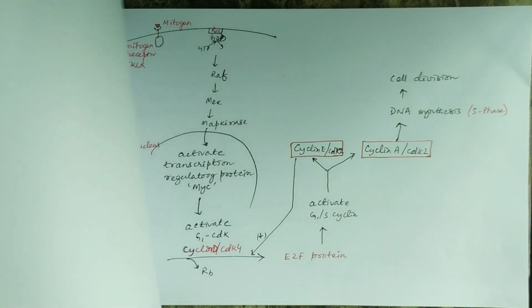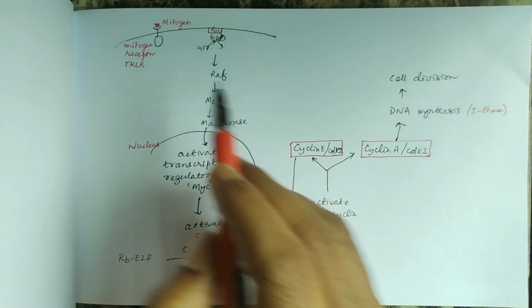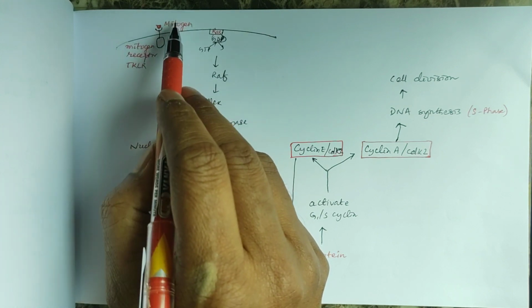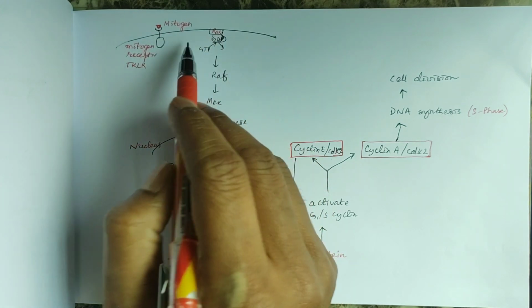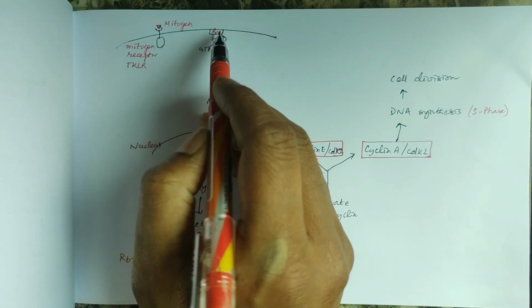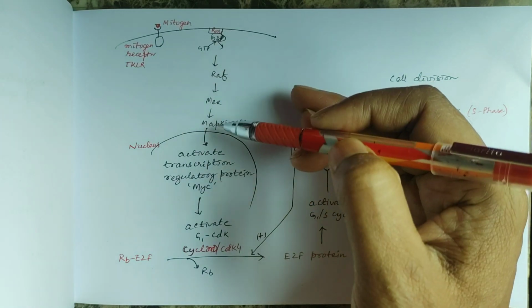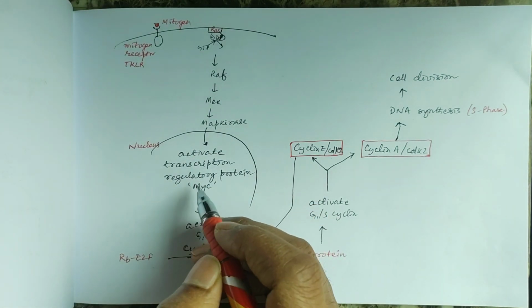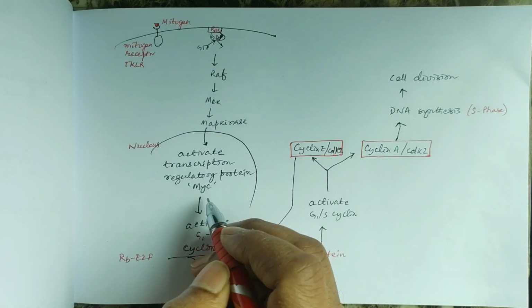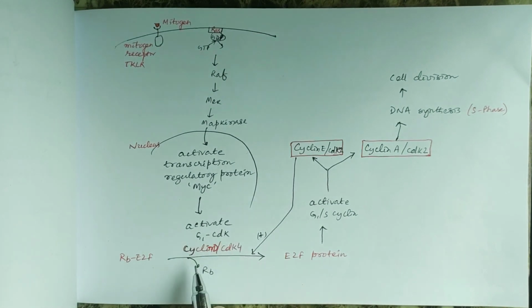And when there is activation by mitogen for cell division, the mitogen receptor is a tyrosine kinase linked receptor, and when mitogen binds, there will be dimerization of this receptor, and this receptor is linked to the RAS-RAF pathway. So this RAS-RAF MAP kinase pathway will be activated, and then this MAP kinase will enter the nucleus and activate the transcription regulatory protein MYC. And this MYC activates the cyclin-CDK complexes, for example cyclin D-CDK4,